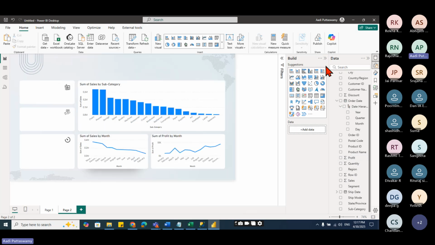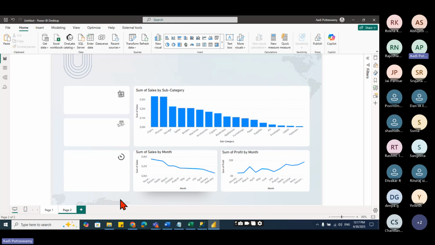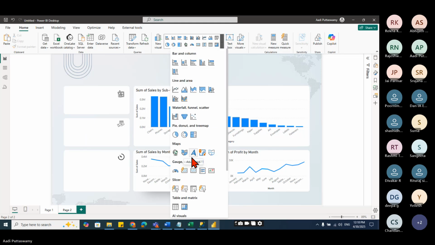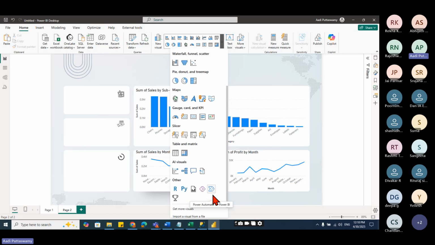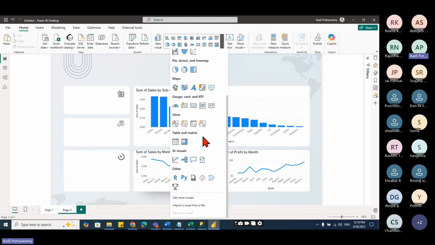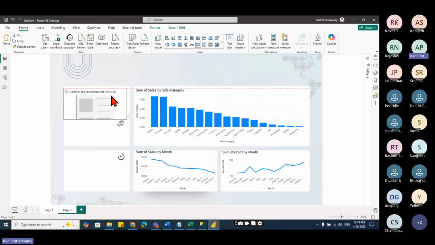Just observe now how quickly we could actually manage this. I'm just trying to do it very fast. Otherwise, we can still do a lot of interesting things. See the dashboard how it is. Now here I want the total sales to be shown, the total profit to be shown. I'll go here, let's say we'll take a card. What is card? Card is nothing but the summarized value. Say this one, card, and I'll keep it here.